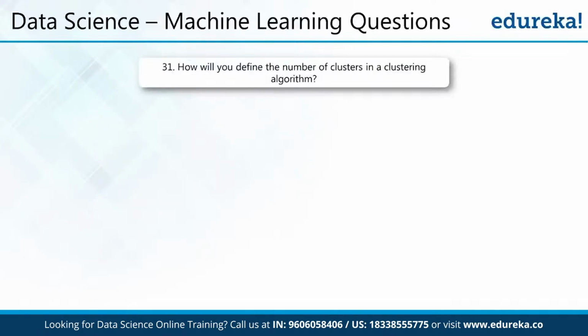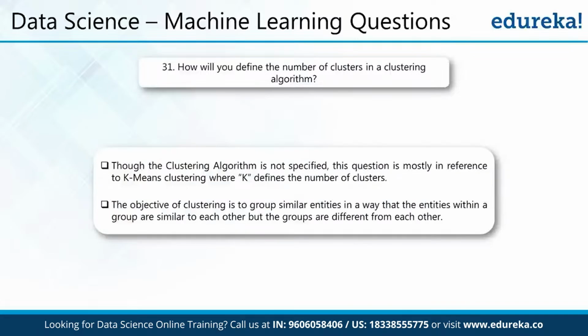Okay, so this question particularly pertains to a machine learning algorithm called k-means, right? Every time you run the algorithm, you have to define what should be the value of k, right? So there are approaches like the elbow curve, which plots a scatter plot between the x-axis, which is the number of clusters, versus the y-axis, which is the WSS or within sum of squares, also known by the name distortion. The idea is, when we are building the k-means clustering algorithm, if we keep increasing the value of k, at one point we find that the